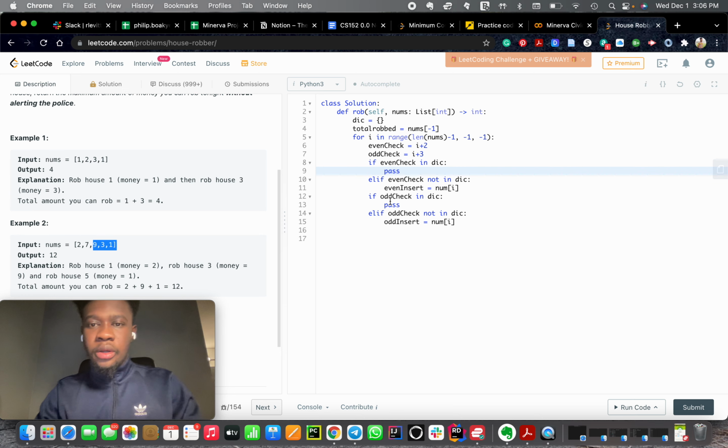We know that they're going to already be in the dictionary. So if even check or odd check is in the dictionary, then we know that even check should be equal to whatever value is there at the index that we're currently at. As we said, if we're here and we want to check whether we have to jump to 3 or 1, it's going to be either 7 plus whatever is at index 3 that has been stored in the dictionary, or 7 plus whatever is in index 4 that has been stored in the dictionary. So it's going to be this word plus